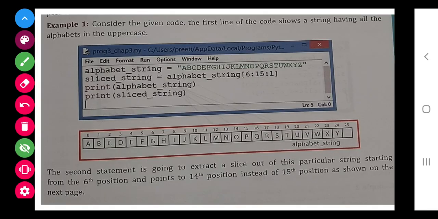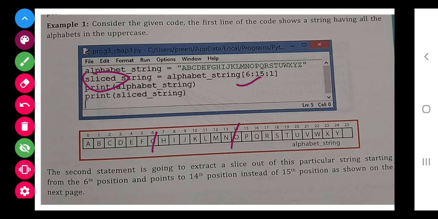Next class, you can see that alphabet string is the variable taken and all the alphabet is given here. Now the question is, we want to display a substring of this sliced string, and it is saved from 6 to 15. So you can see 6 to 15.